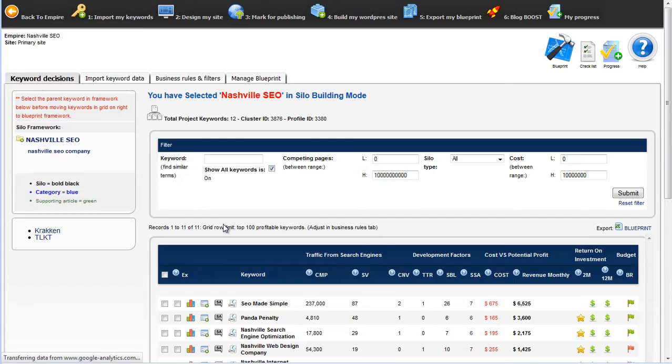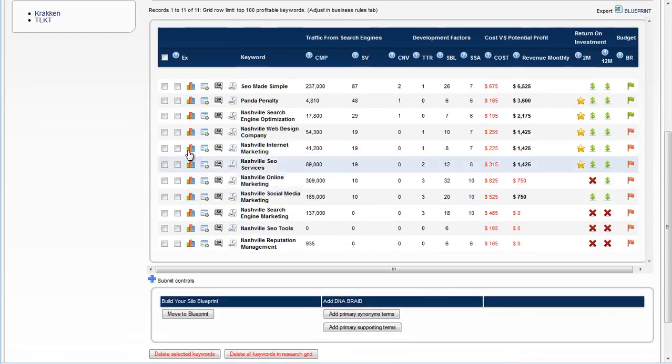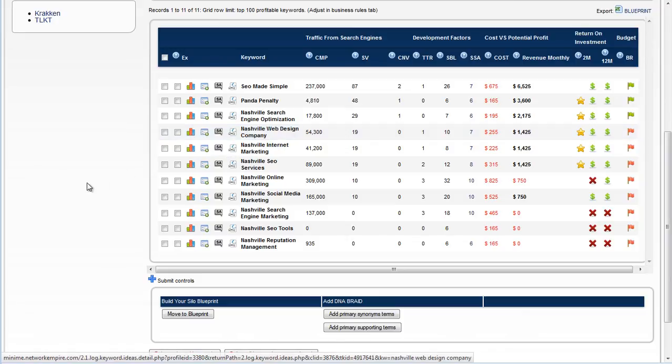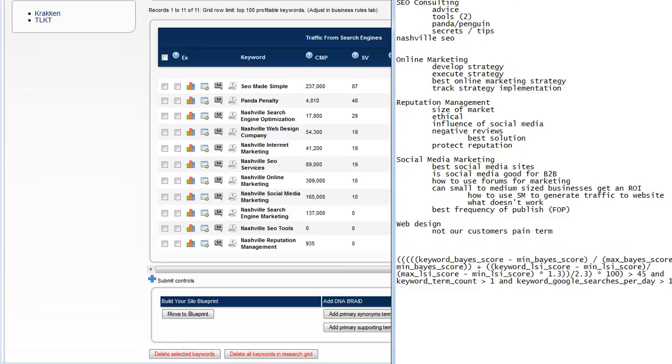Nashville SEO Company. So let's just come back over here for a second. We're basically in this silo. I'm looking for SEO consulting kind of concepts. So I want to make sure that I don't deviate off into possibly concepts that are in some of these other areas.